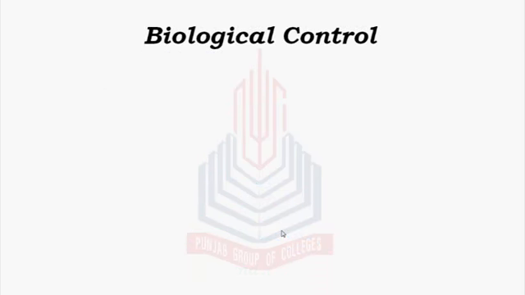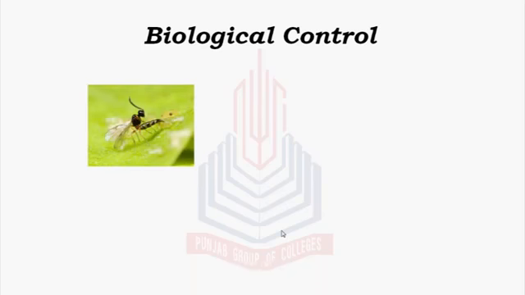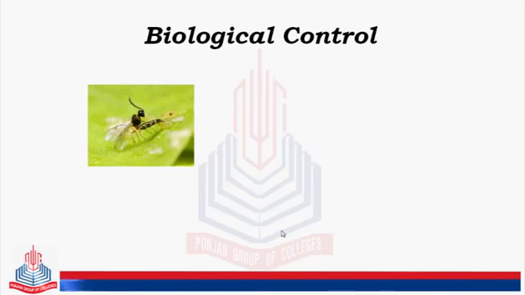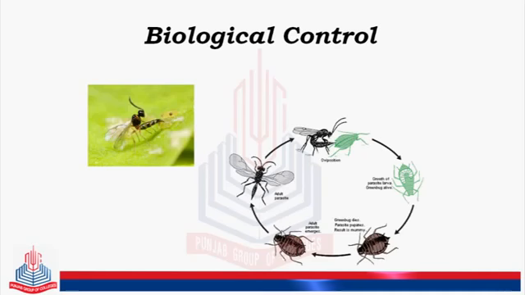Here is a diagram of biological control in which a wasp is attacking an aphid. It is really very simple to observe that this attack would kill that aphid, and the aphid's population would decrease, and walnut trees would be saved indirectly or unintentionally. Here is the cycle in which the wasp can destroy the aphids.